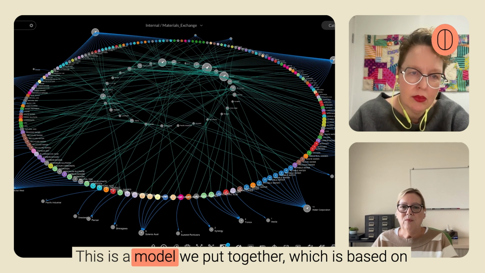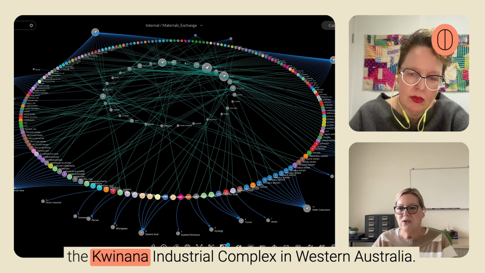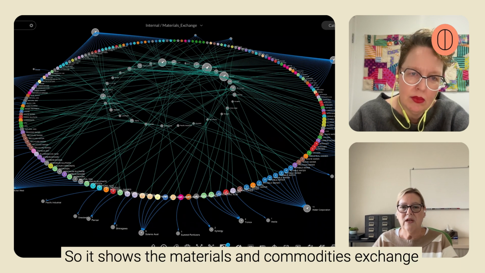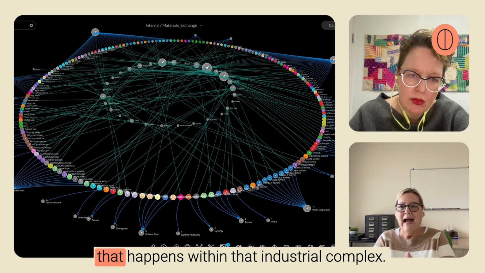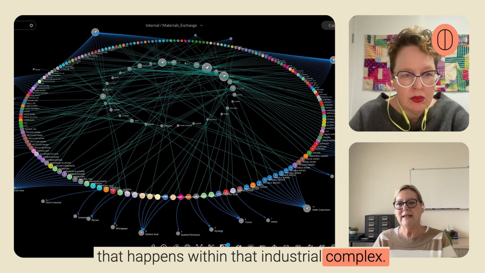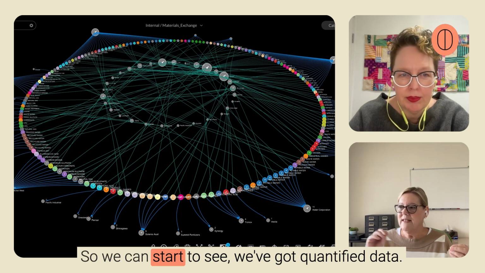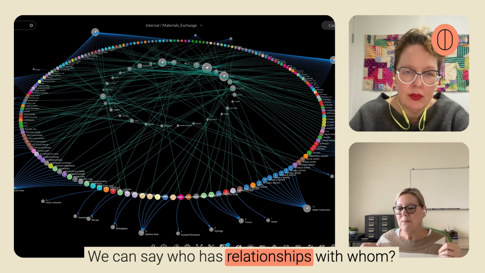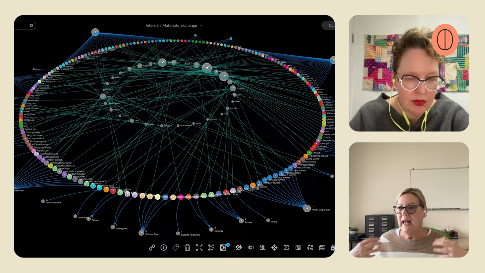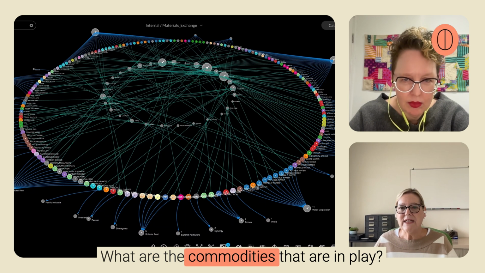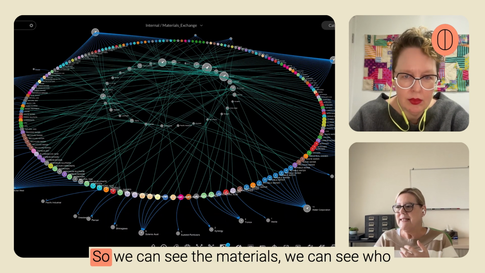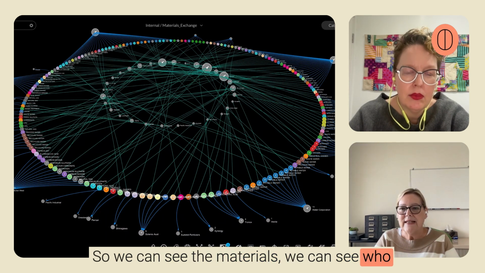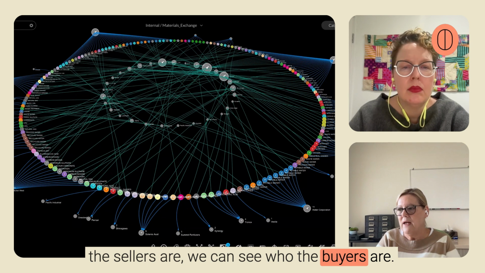This is a model we put together, which is based on the Kwinana Industrial Complex in Western Australia. So it shows the materials and commodities exchange that happens within that industrial complex. So we can start to see, we've got quantified data. We can say who has relationships with whom. What are the commodities that are in play? So we can see the materials, we can see who the sellers are, we can see who the buyers are,